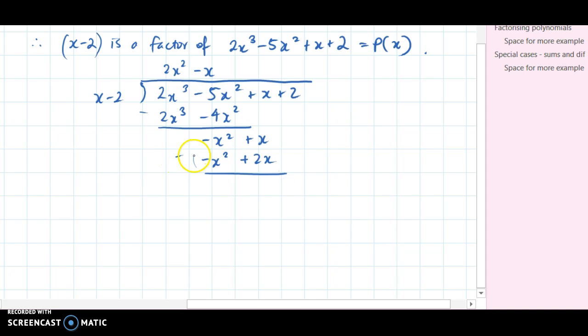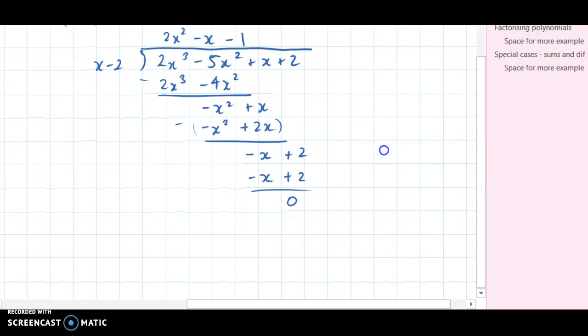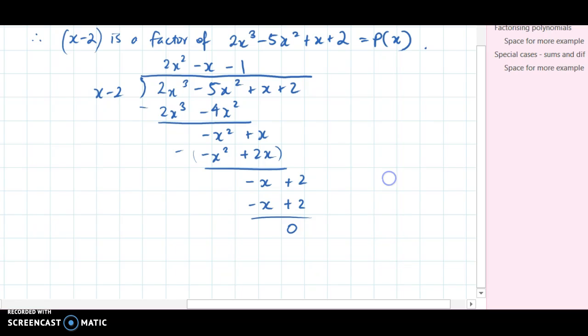Because you're minusing it, it becomes minus x. Bring the 2 down. And then x goes into minus x minus 1 times. So, after you have done that, it means that now